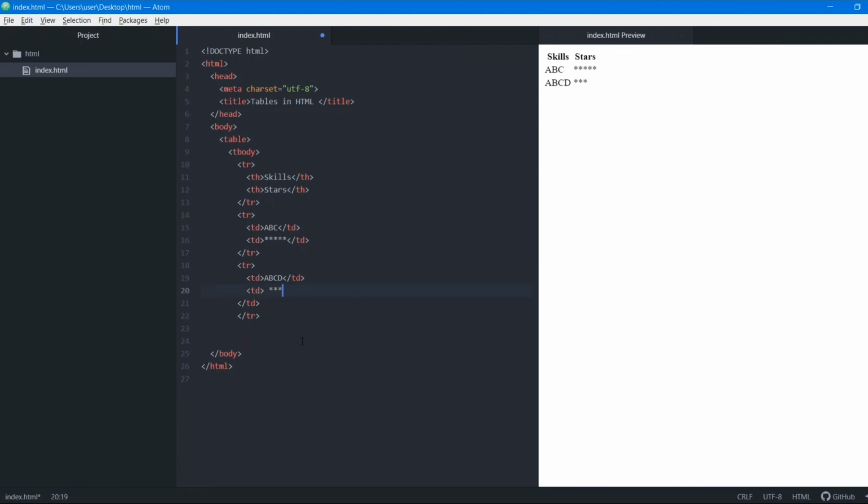Now that's it. So this was about HTML tables. Using HTML tables we can properly structure data, and we can make our web page look even better. There are some parts where you cannot do things without using table elements. There is a necessity to use table elements. There are many more things that you can do using table elements, but for that you need to learn CSS. In HTML, this is it for table elements.